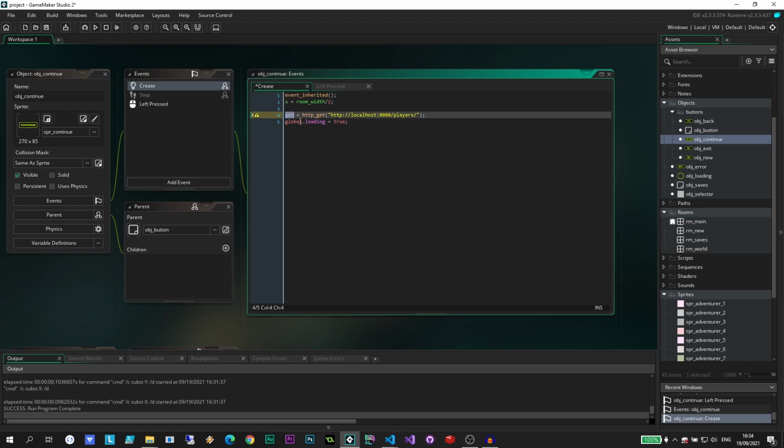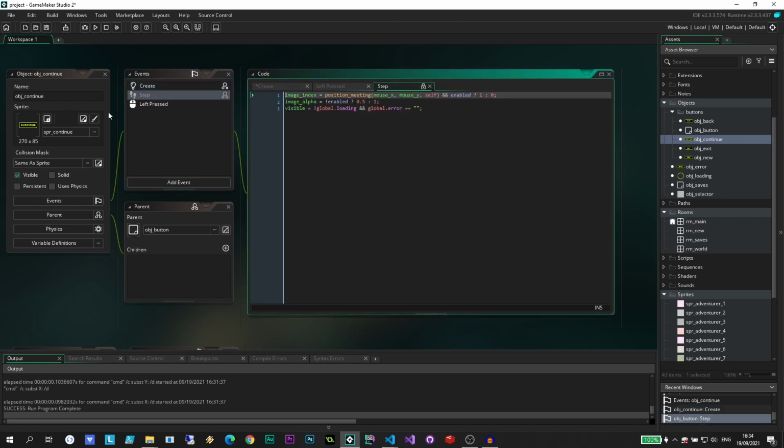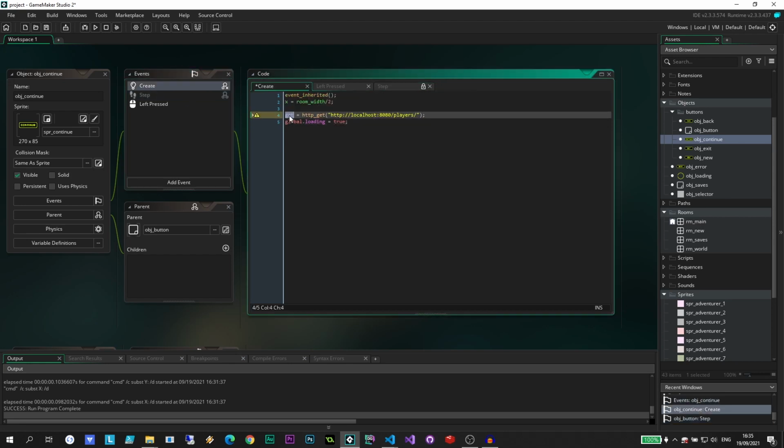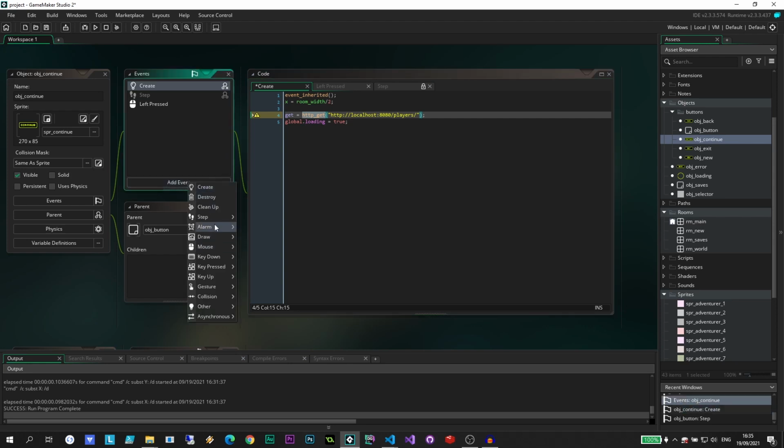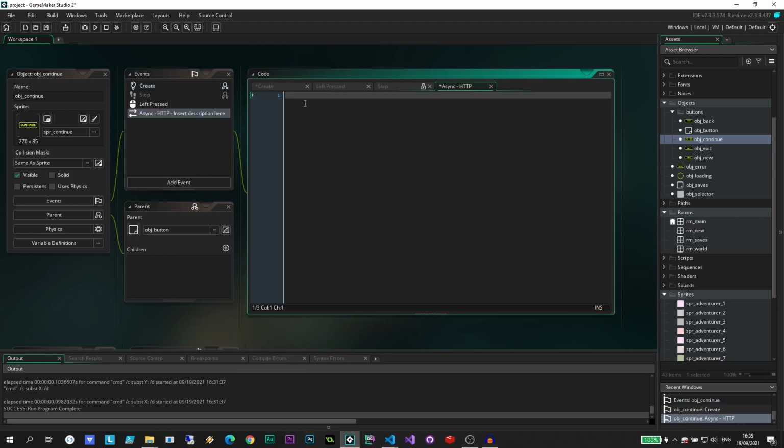Okay, so now we have a reference to that HTTP get. We're telling it that it's definitely loading when it creates this object. This button is inheriting from the parent, which should make sure that it's only visible if it's not loading and there is a blank error, so no error. Because we have a reference to that HTTP get, we now need to add an event to listen for that asynchronously. So we're going to use the Async HTTP event, and inside here we're going to say, well, if